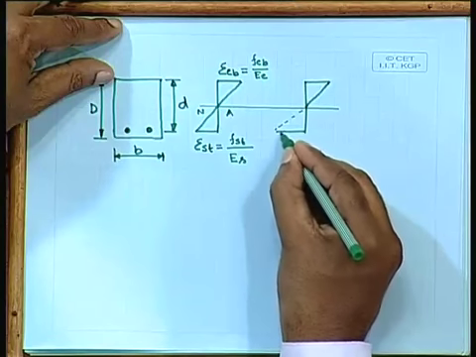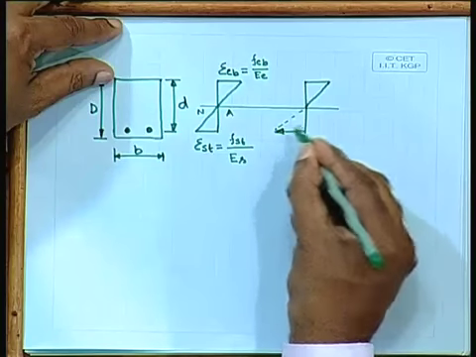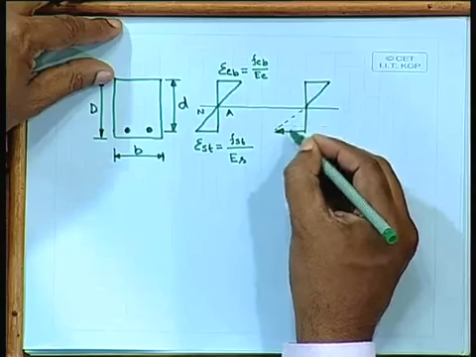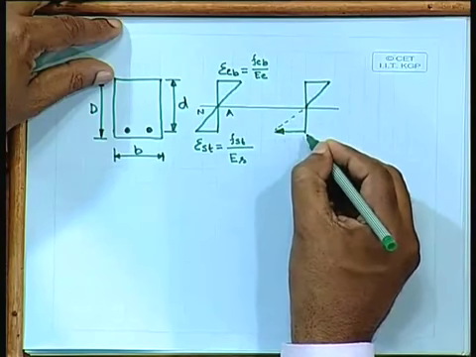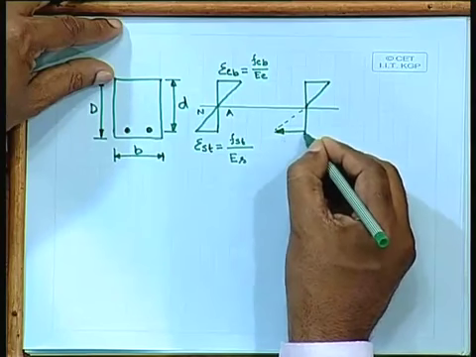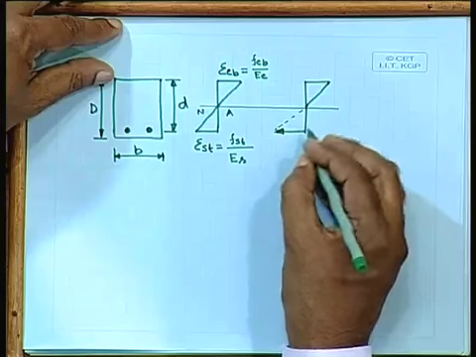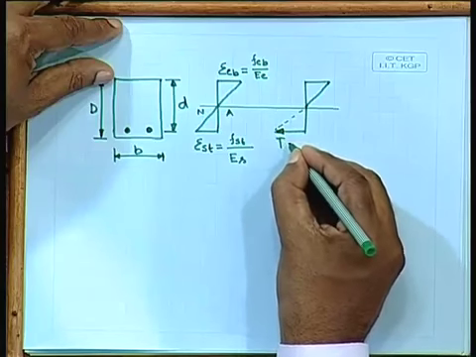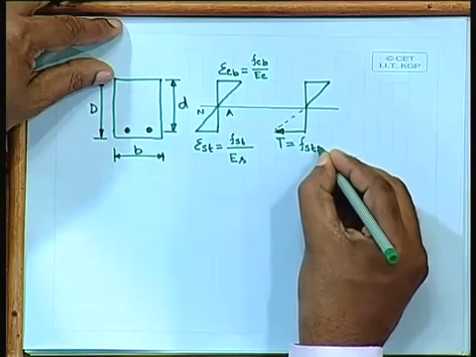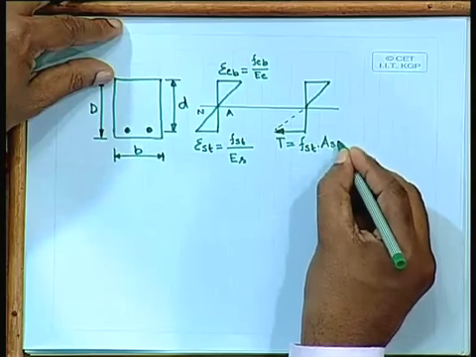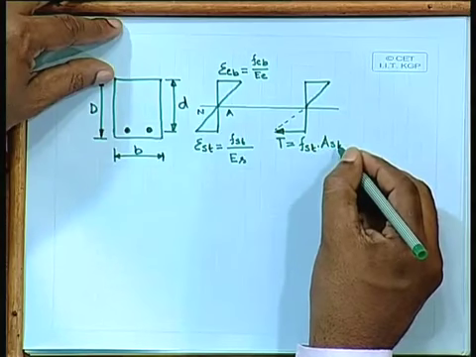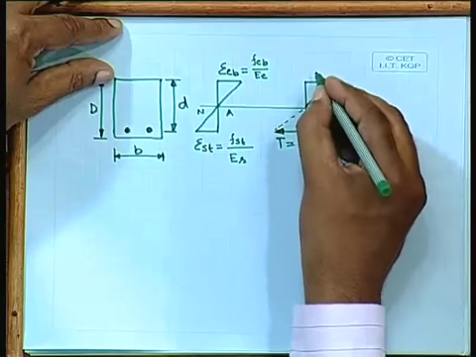Since concrete does not take any tension, that is why I am not drawing the stress diagram here, because all the tensile forces will be taken care of by the steel only. So, this is your, say, T. So, FST times AST, the stress developed in steel, that is FST times the AST, that we shall get,